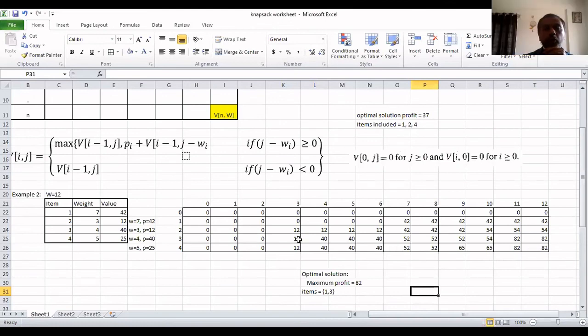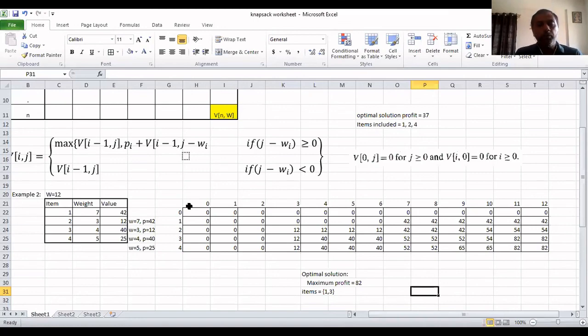Suppose we have a capacity of 100. How many columns do we have to design? 101. Can we draw that physically on the answer sheet like this? No, sir, it's really complicated. When these values range very large, the table also becomes huge.